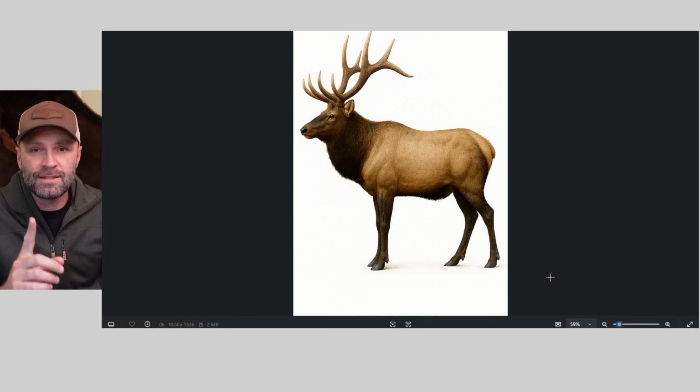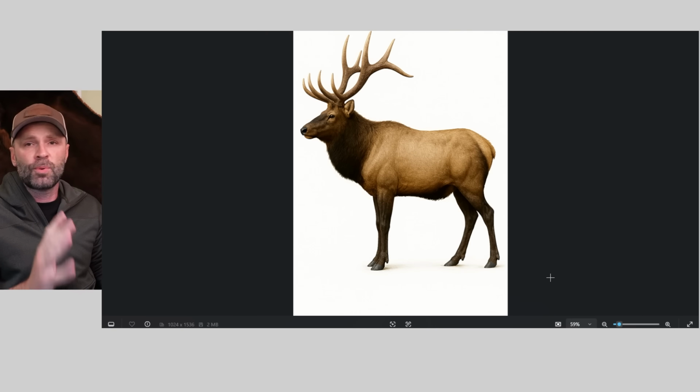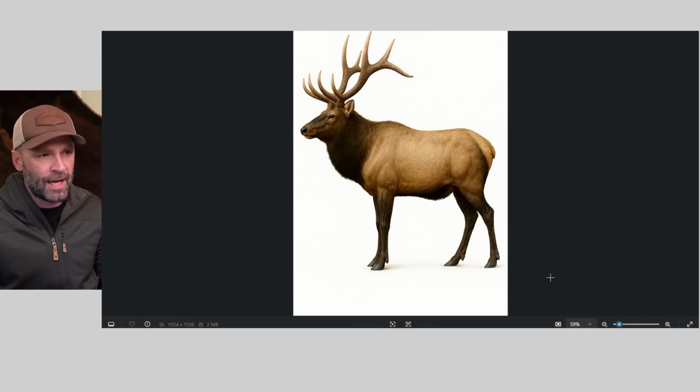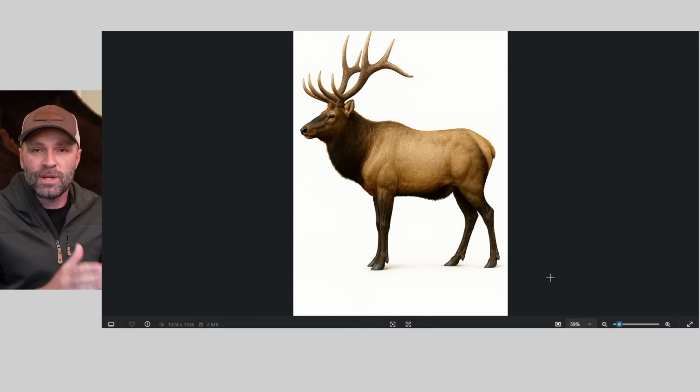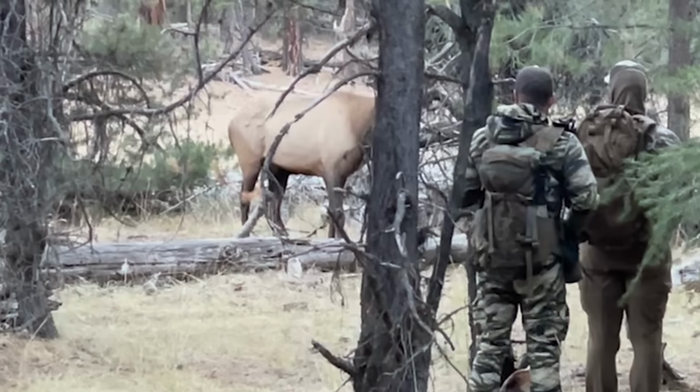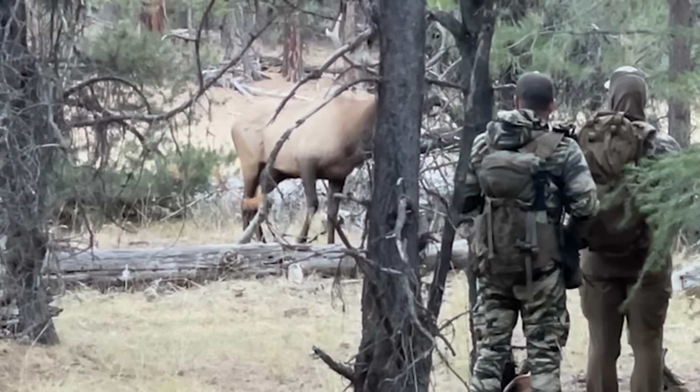First, the broadside bull elk. This is a true broadside bull elk, and I'm going to say this multiple times during this video. Almost never is this actually the situation that arises out in the field, all right? Because typically out in the field, for sure when you're archery hunting, the bull is almost never broadside. He's always slightly quartering to you. And I am going to tell you how to shoot a bull that's slightly quartering to you in the archery situation. Because a lot of people say never take that shot, right? Well, the reality is